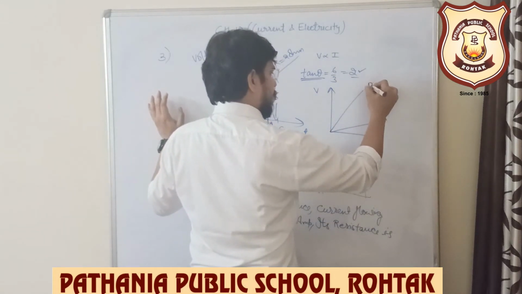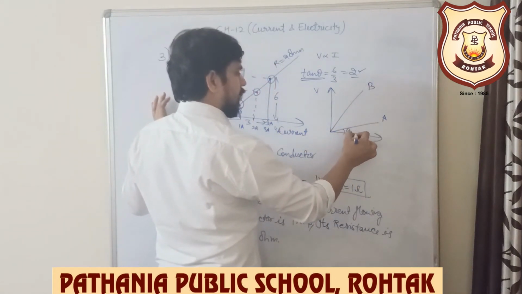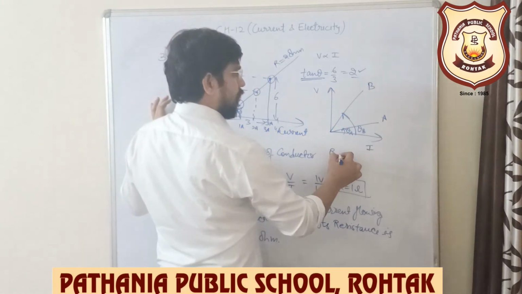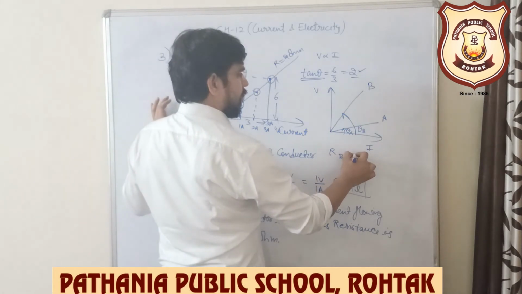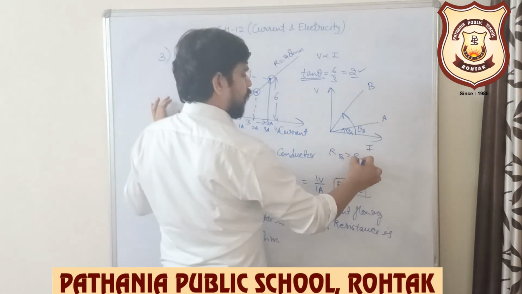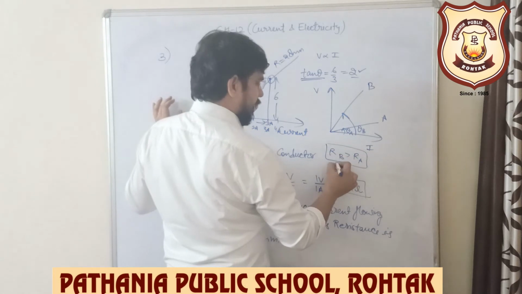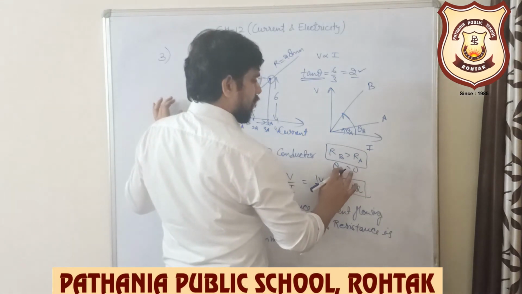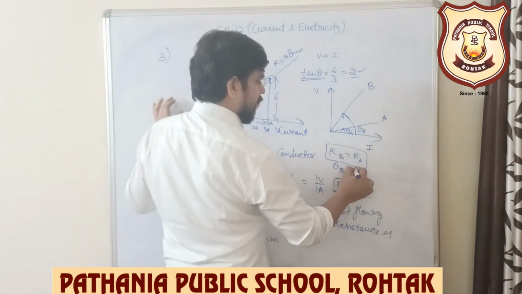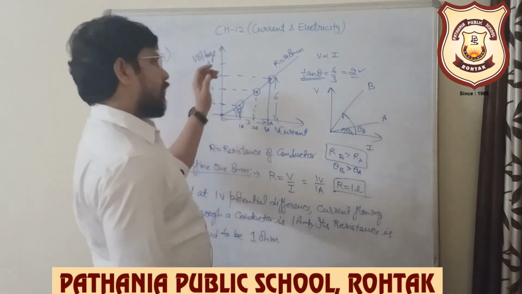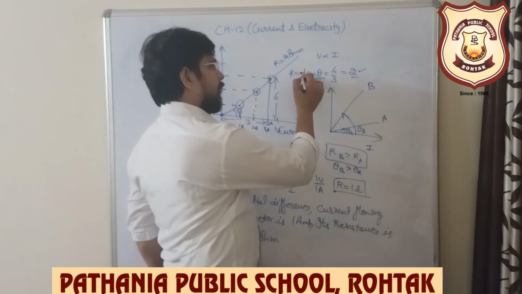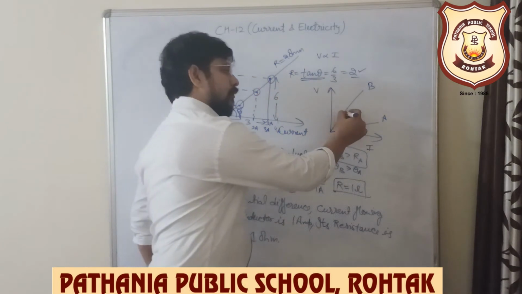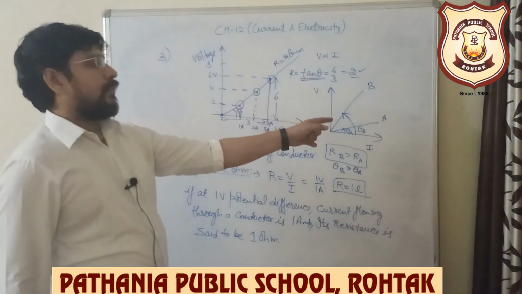and two conductors are given, A and B. One is having smaller angle theta A while the other is having bigger angle theta B. Then we can say that resistance of B is greater than resistance of A, because B has a greater angle, theta B is greater than theta A, and your resistance is also equal to tangent theta. So that is also in the last exam, you must remember, in your online exams there was a question based on this concept.